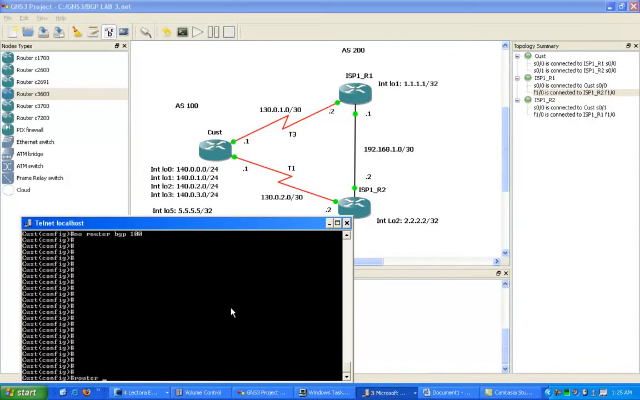So under the customer router, we're going to go under BGP configuration mode. So we're going to go router BGP 100, and we are going to peer with ISP 1R1. Again, this is going to be an external BGP link. We're going to put in the neighbor command of 130.0.1.2 with the remote AS of 200. And then we're going to also specify the connection